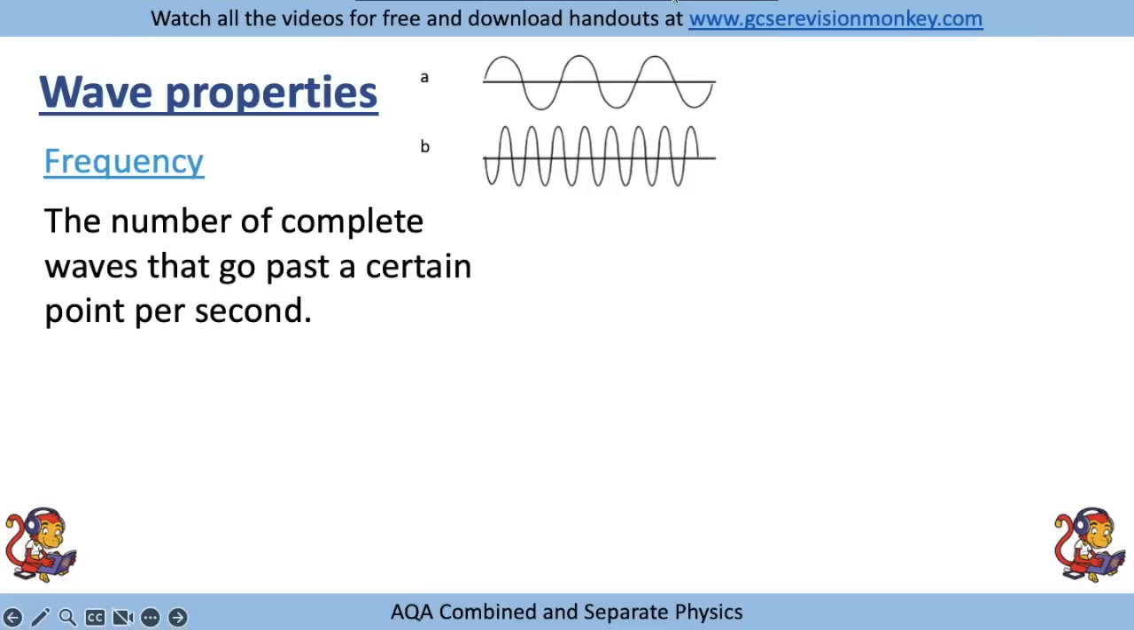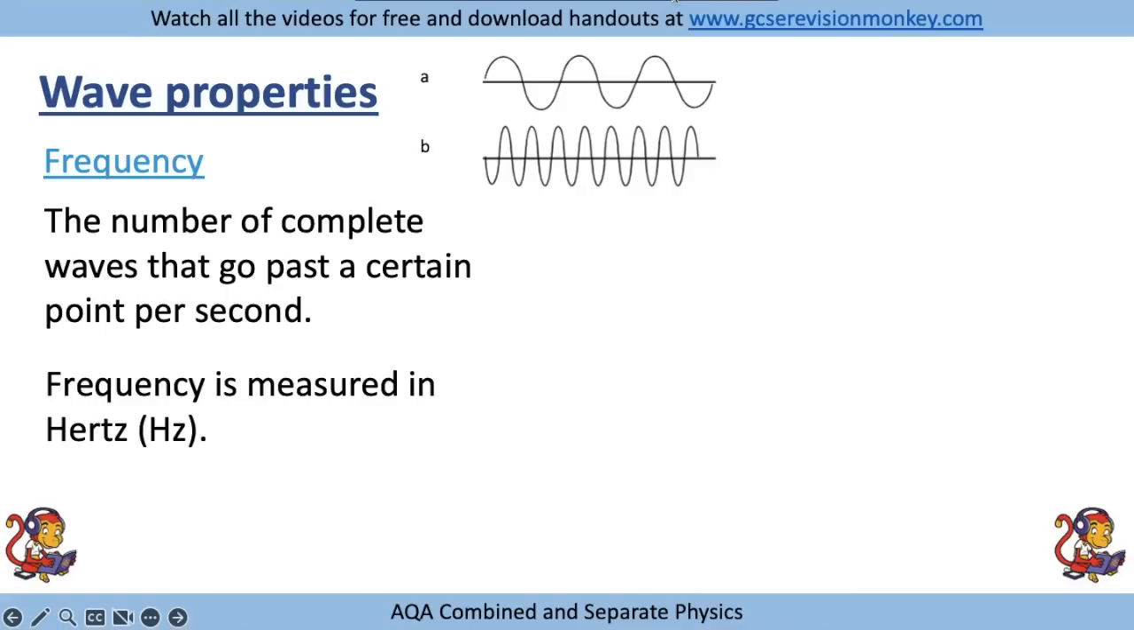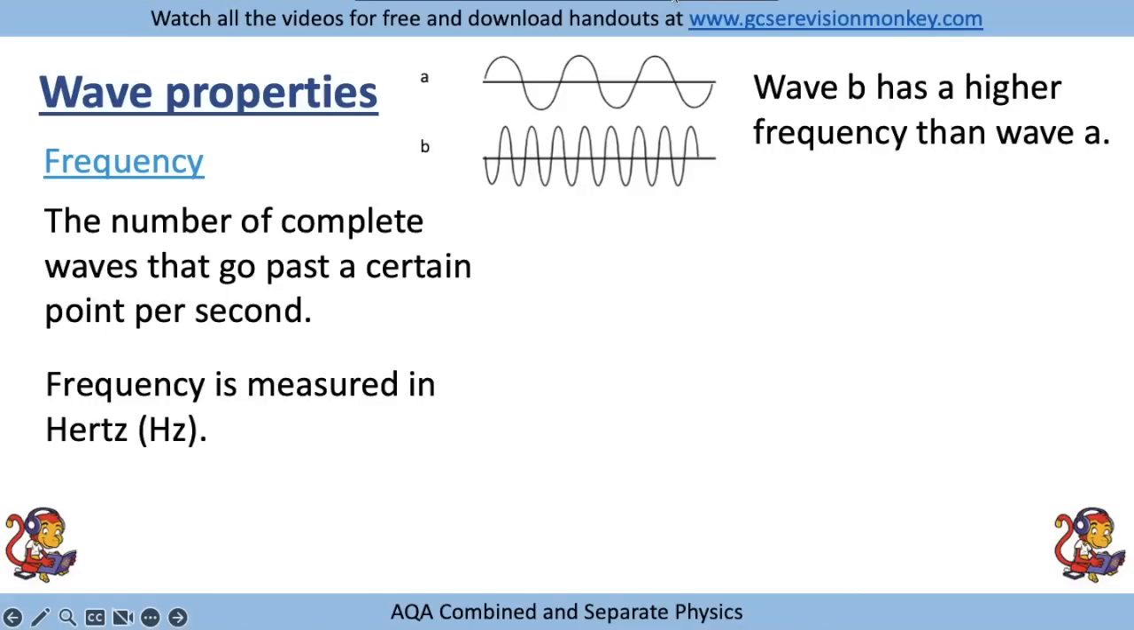Frequency is the number of complete waves that go past a certain point per second. Frequency is measured in hertz. So wave B on the diagram has a higher frequency than wave A, because more waves are passing a certain